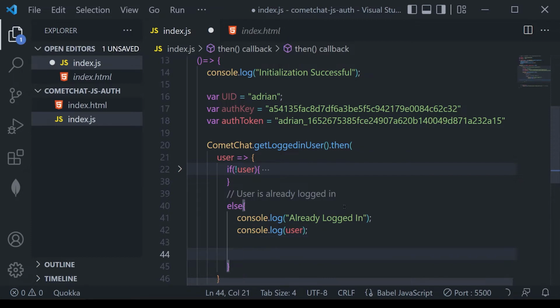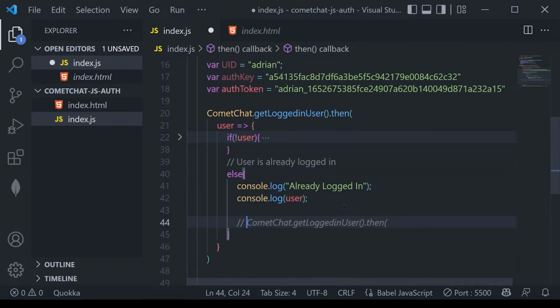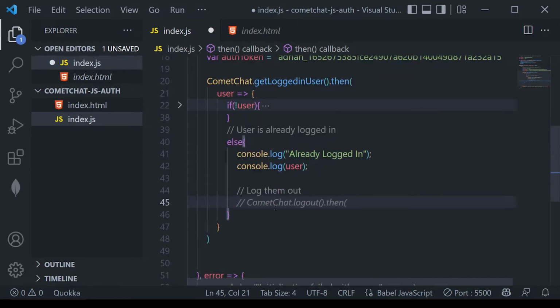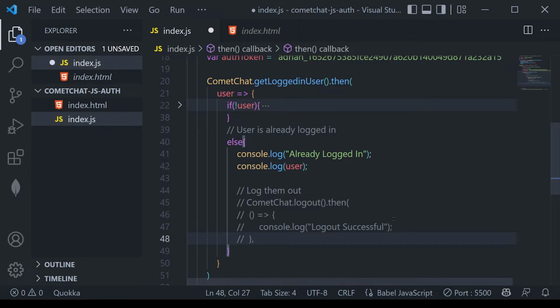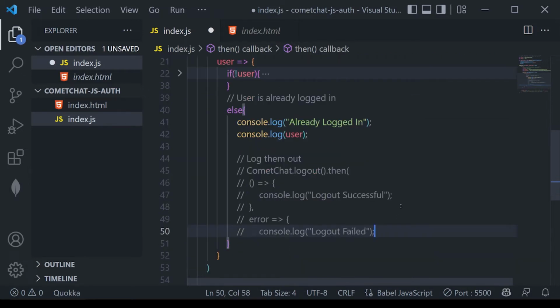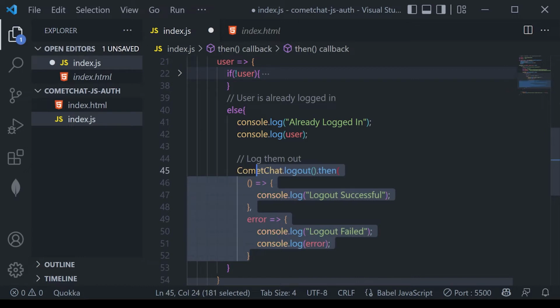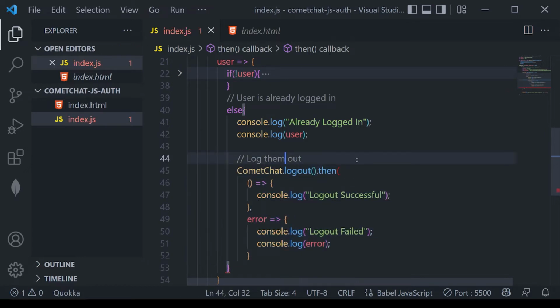After we've checked that the user is in fact logged in, I'm going to say let's log them out. In order to log them out, we're going to call CometChat logout. Then we're going to check that the function has completed. Then we're going to console out logout is successful. If, for example, we run into any errors, we're also going to console log out the error that occurred. I think that pretty much sums it up, so I'm happy to uncomment this code